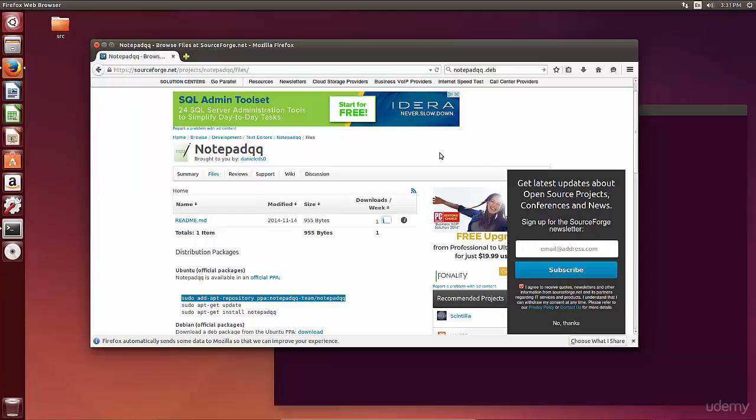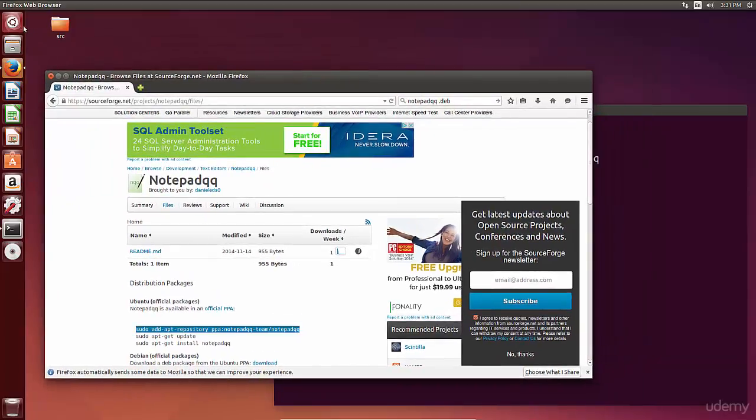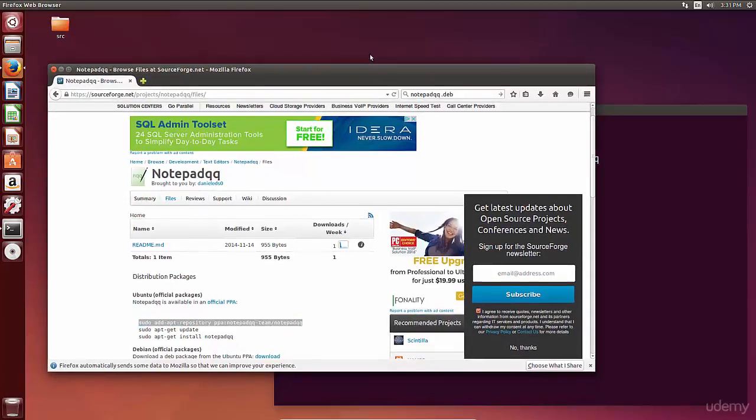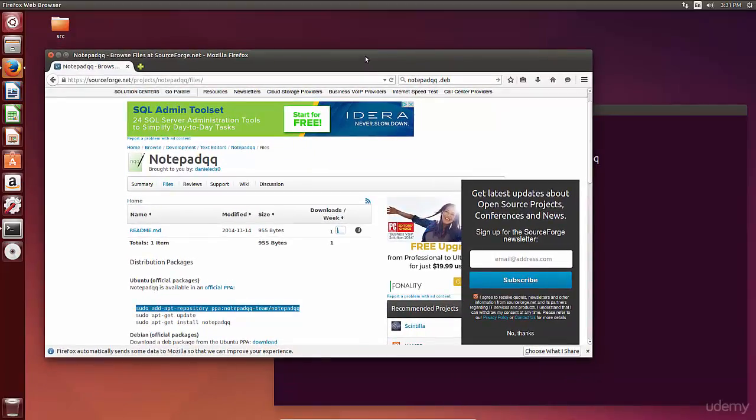But if you're running Linux, I'm here in Ubuntu version 14 desktop. It's the 64-bit version. I know that I told you you can use gedit, and you certainly can use gedit as your text editor. But I just found out that there is a port of Notepad++ called Notepad QQ, which is supposed to run